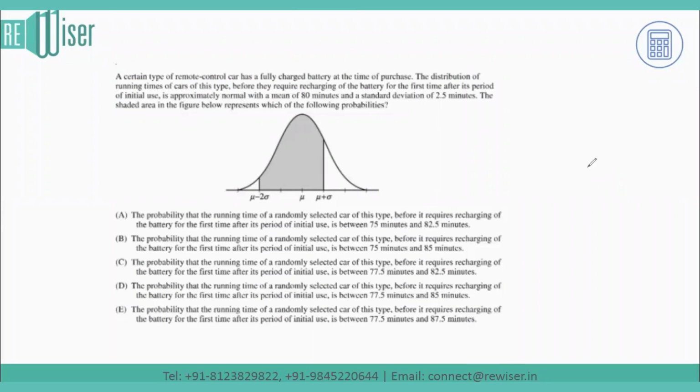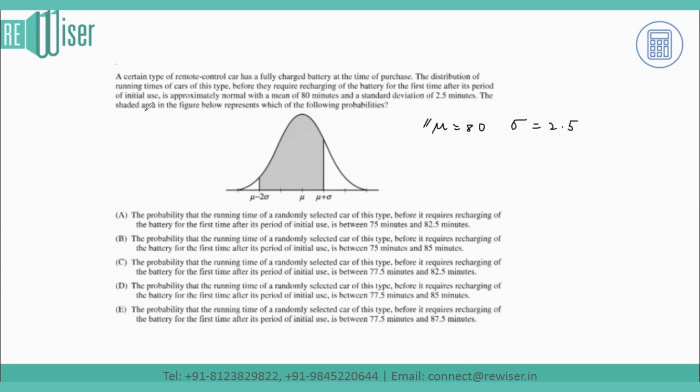Hello students, the question says a certain type of remote control car has a fully charged battery at the time of purchase. The distribution of running times of cars of this type before they require recharging of the battery for the first time after its period of initial use is approximately normally distributed with a mean of 80 minutes and a standard deviation of 2.5. So they have given that the mean is 80 minutes and the standard deviation, sigma, is 2.5